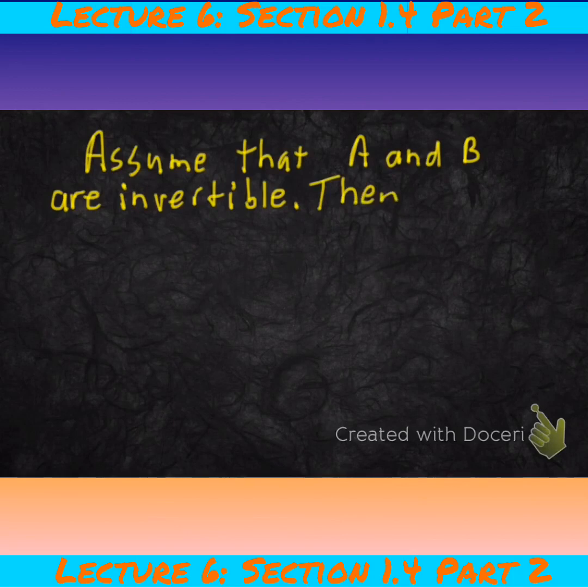What does an inverse need to do? It needs to satisfy that equation we talked about. So if I take A times B and I multiply that with B's inverse, A's inverse,